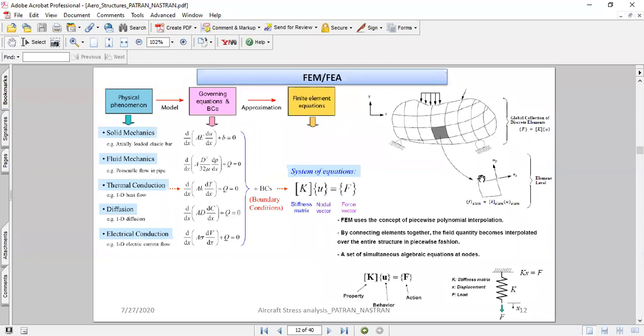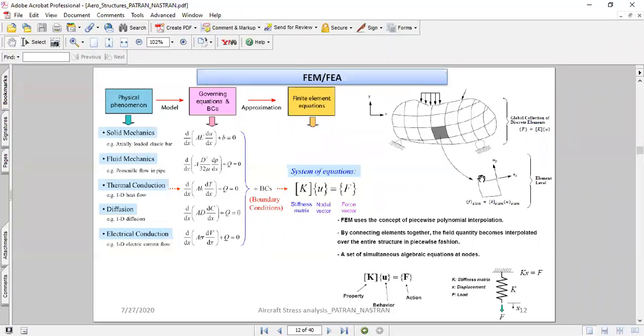So what is FEM and FEA? When we have a physical problem, you represent the physical problem using a few differential equations, which are called governing differential equations.